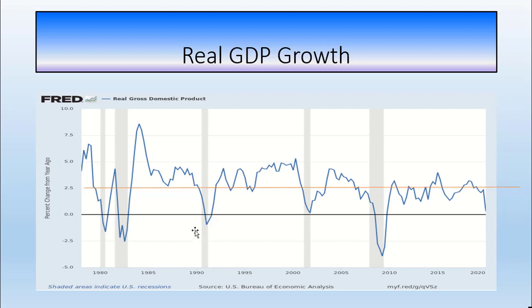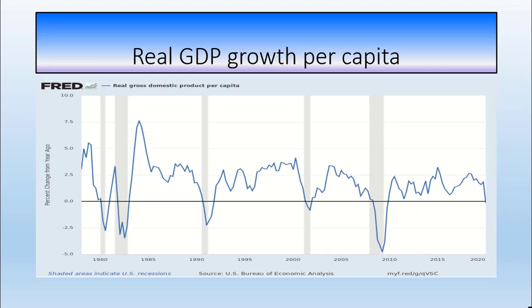So often it peaks before a recession, right here, for example. The peaks are here, and then, right before or during a recession, it falls off. Okay, we know that already. But now I want to make another point here. We often make comparisons here of real GDP, and we look at real GDP growth, but